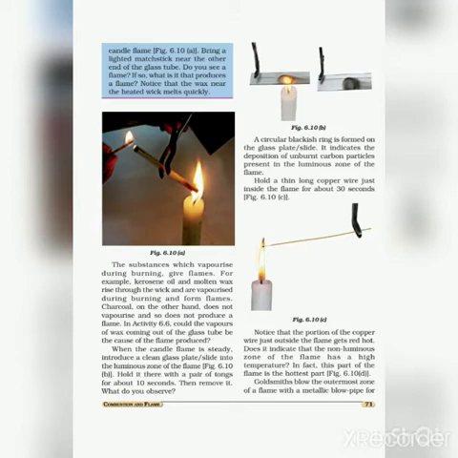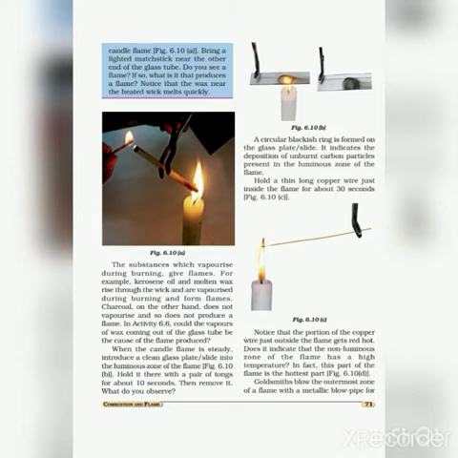Now let us study the structure of flame. Now, we will go through some activities. Refer figure 6.10. Light a candle. Introduce a glass tube with the help of tongs in the dark innermost zone of flame. Now the wax vaporizes due to heat, and if we bring a lighted matchstick near the other end of the glass tube, we can see a flame. It is because the wax vaporizes, travels through the glass tube to the other side and catches fire.